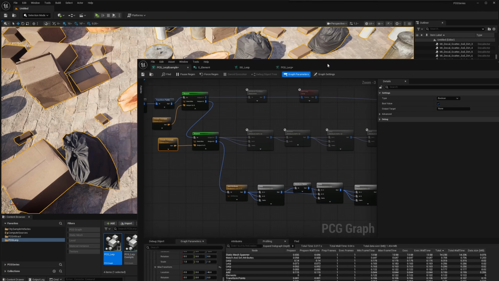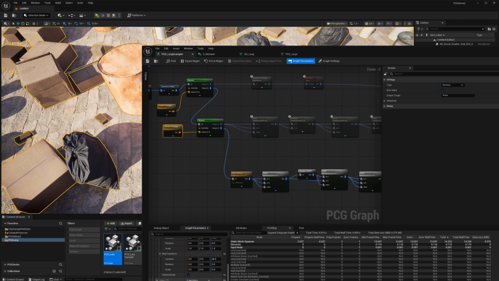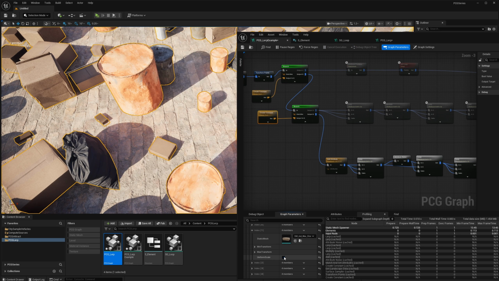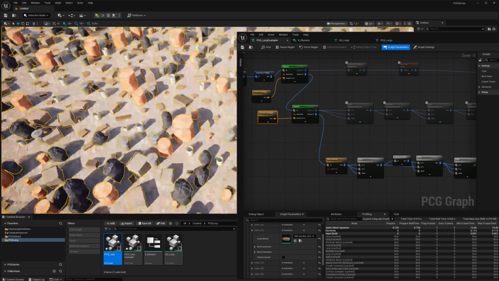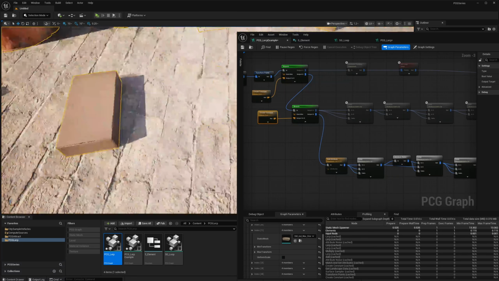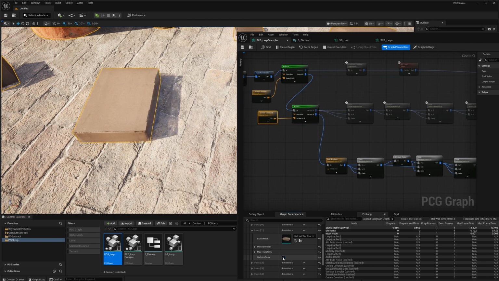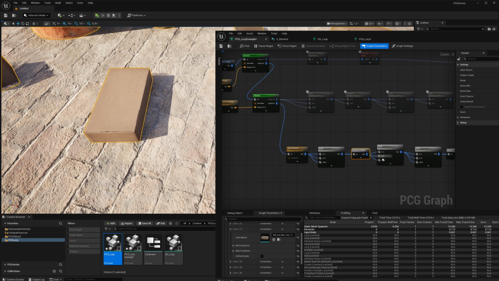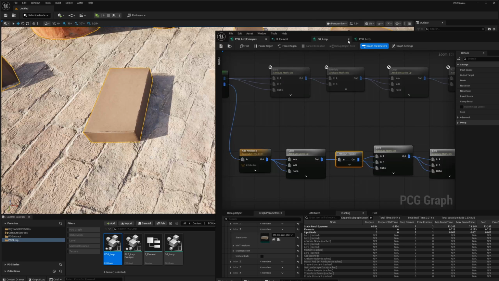So I want this paint can to be uniformly scaled, but for boxes, I don't really need it to be uniformly scaled. In order to get much better randomization, I can have boxes not scaled uniformly. For example, here you can see that this box is changing its proportions because it's not uniformly scaled. So in order to achieve that, I'm using another cool feature of the Lerp node, which is,